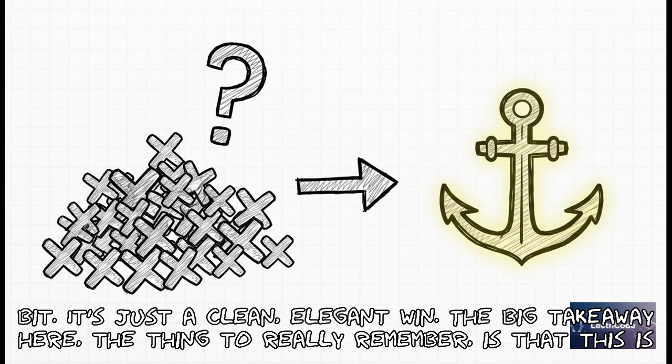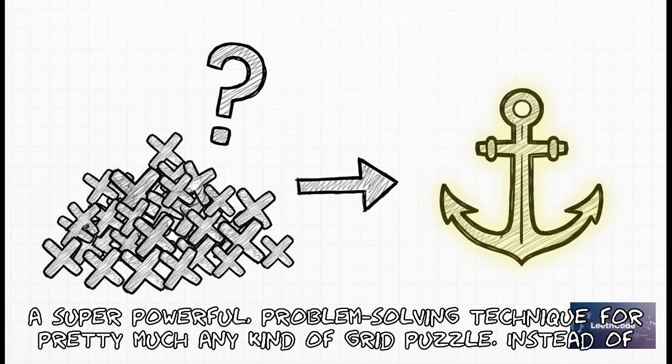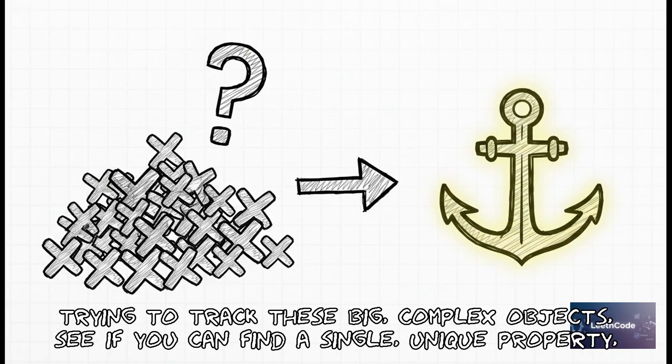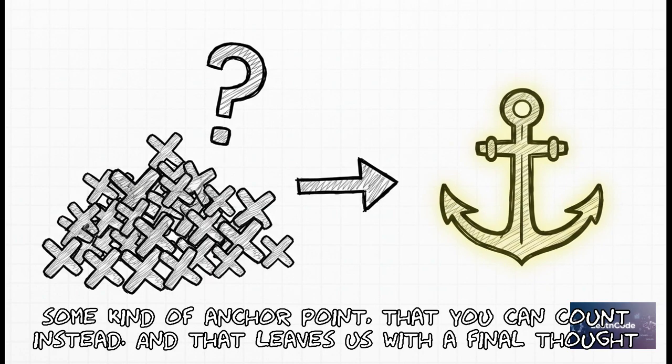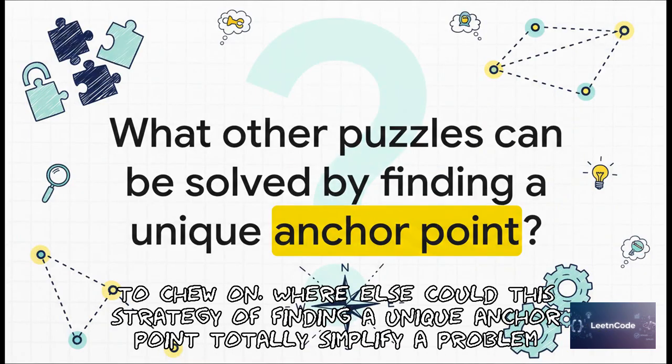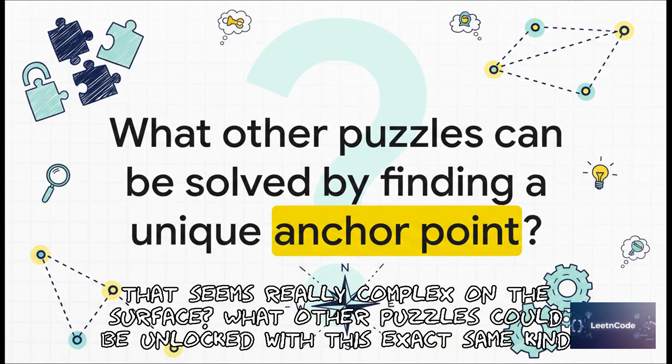The big takeaway here, the thing to really remember, is that this is a super powerful problem-solving technique for pretty much any kind of grid puzzle. Instead of trying to track these big, complex objects, see if you can find a single, unique property, some kind of anchor point that you can count instead. And that leaves us with a final thought to chew on. Where else could this strategy of finding a unique anchor point totally simplify a problem that seems really complex on the surface? What other puzzles could be unlocked with this exact